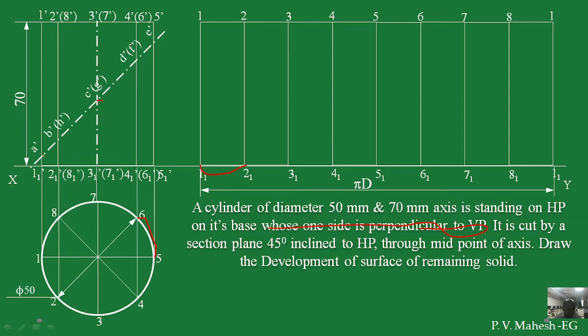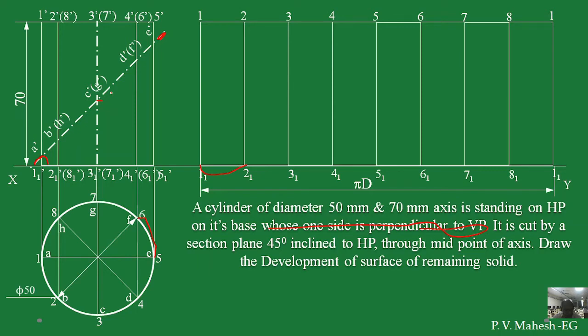This angle is given as 45 degrees. And here we should remember one thing: this end and this end should be dark and the intermediate line should be thin in case of the section plane, and the axis is a thin line, and similar to the axis the section plane also will be looking like. Now identify the generator 1 1' is cut at A. So you got the points in the top view also, A B C D E F G H.